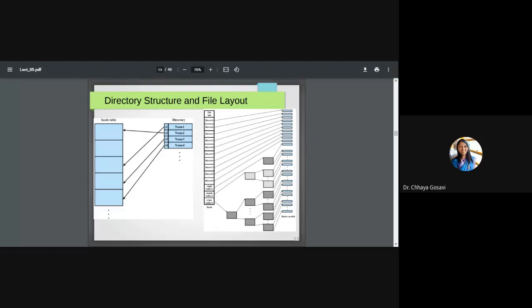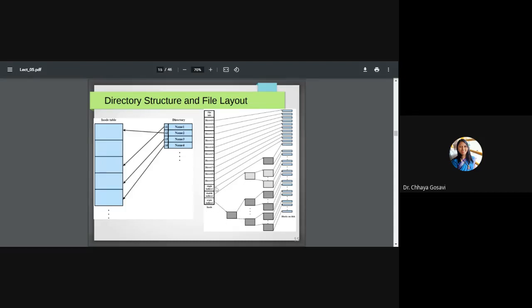It can be stored at different locations on a disk. So for a particular file, an inode is created. This is file information: who is the owner, what is the size and type of the file, etc. And then these are direct accesses to that particular block of a file. And we can have indirect access: single indirect, double indirect, or triple indirect.